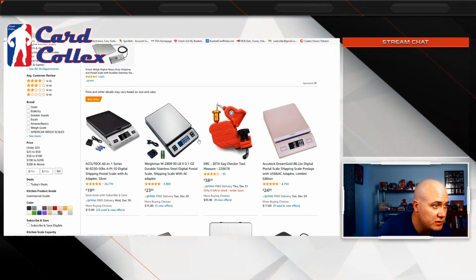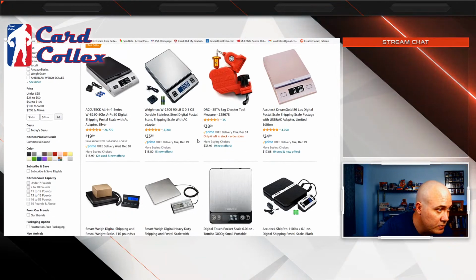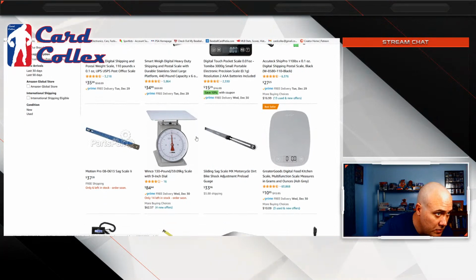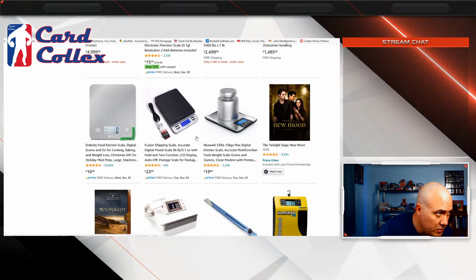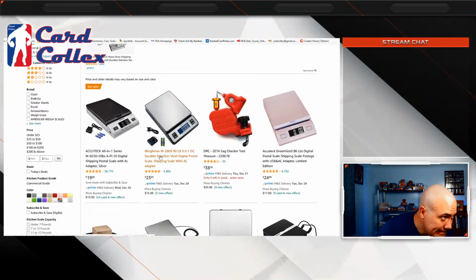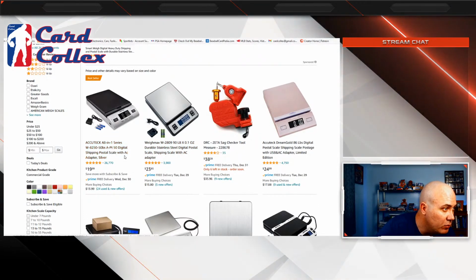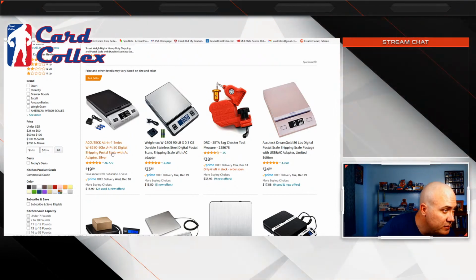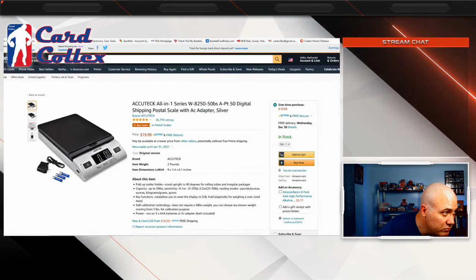I mean, like I say, 20 bucks. And you want it in 0.1 ounce increments. So Accutech all-in-one, up to 50 pounds, battery or corded, digital shipping postal scale with AC adapter, silver.